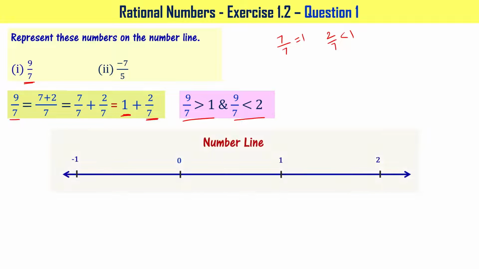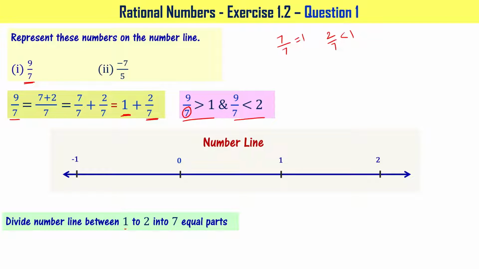Let me draw that. I have drawn a number line starting with minus 1 and then 0, 1 and 2. You can consider even a number line starting from 0 also, doesn't matter, right? Now look at the denominator of 9 by 7. Denominator is 7, right? For that reason, what I say is divide the number line between number 1 and 2 into 7 equal parts. Why in between number 1 and number 2? Because 9 by 7 is greater than 1 and less than 2. For that reason, we have to divide the portion of the number line between 1 and 2 into 7 equal